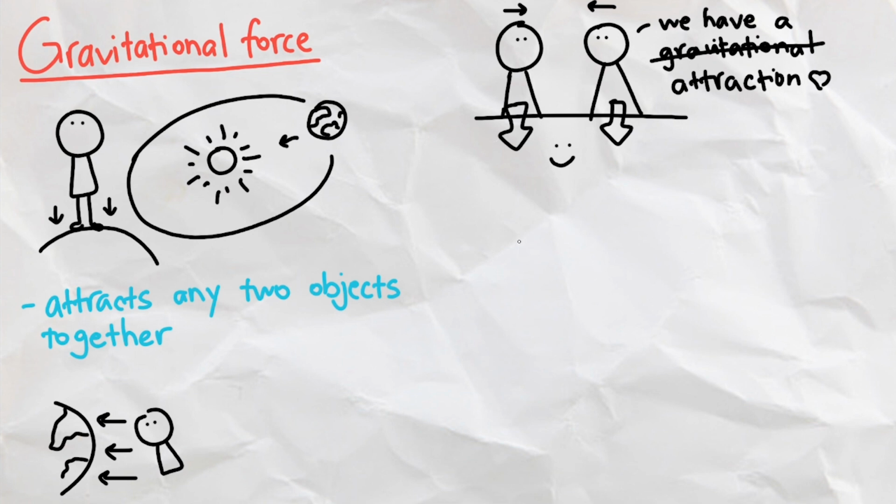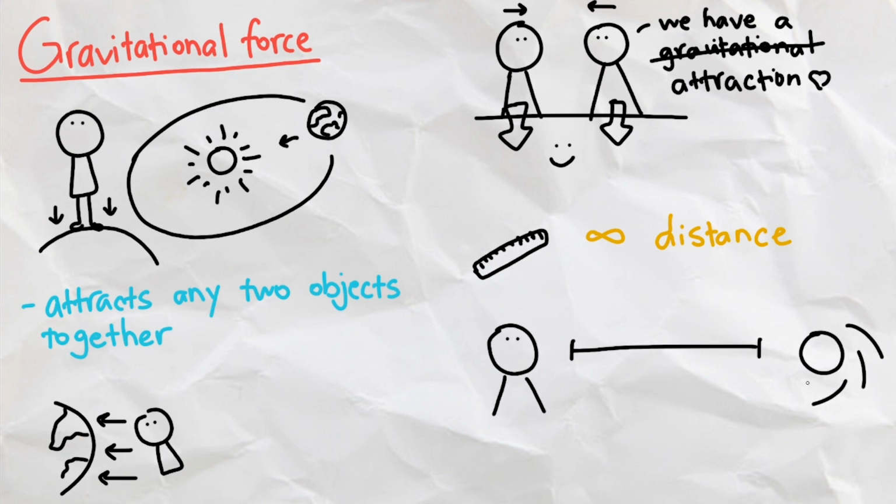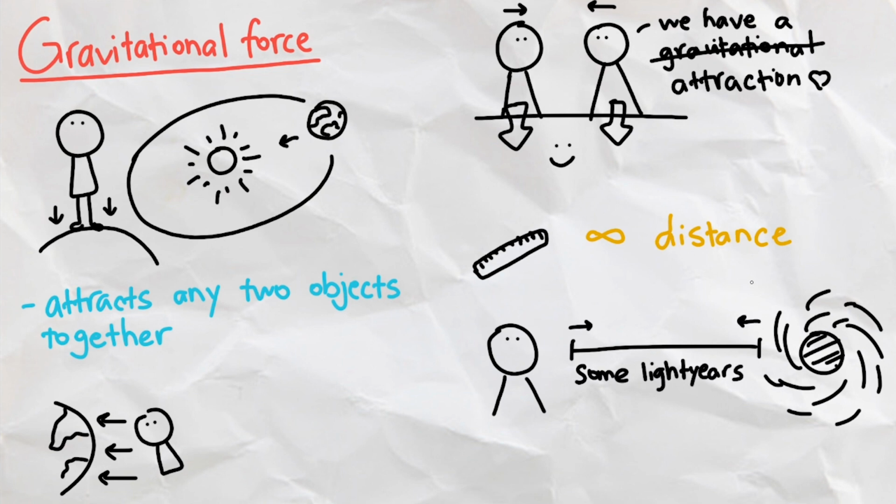the Earth instead. This force works over an infinite distance, which means that we do have a gravitational force behind some black hole a few million light years away. But luckily, gravity decreases as the distance between objects increases. Despite that, gravity is actually the weakest force out of the 4 forces, despite us feeling it at any given